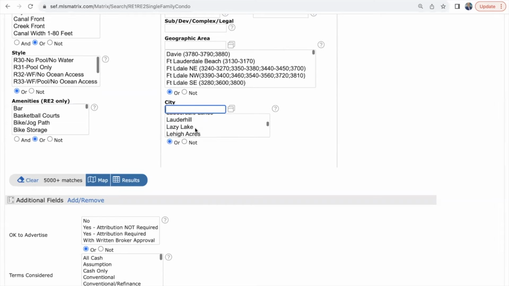You can cross county. So if I wanted to search for Miami Beach, I select Miami Beach here. And then if I want to go ahead and select Hollywood, I go to H over here and I look for Hollywood. Hold down that control key, select Hollywood. Now we have Hollywood, Miami Beach. In both cities, there are 577 matches. If we remove Hollywood, we come over here, we delete, and we just write Miami Beach, then it's only going to be Miami Beach with 214 listings.